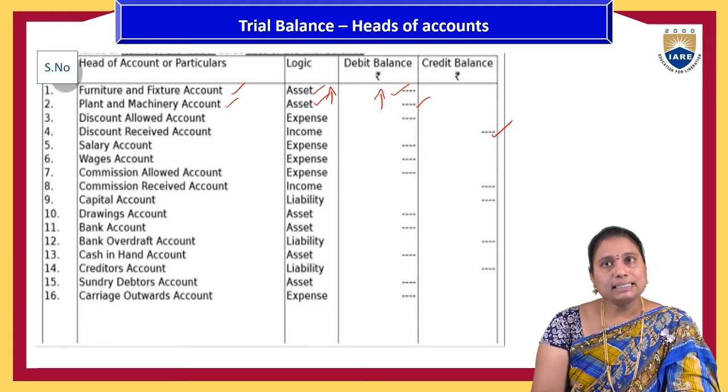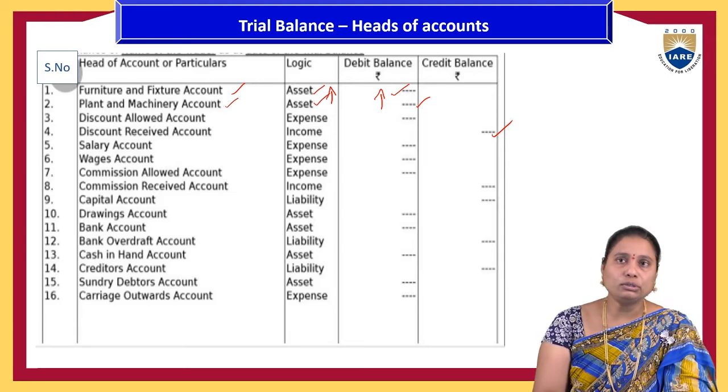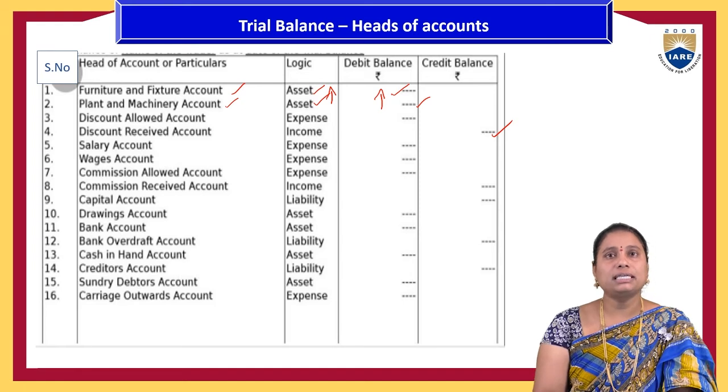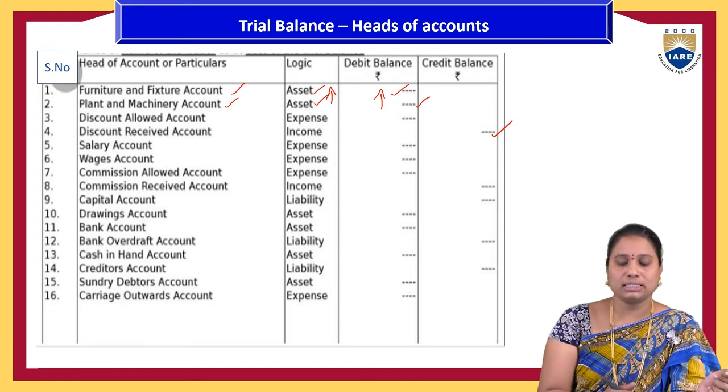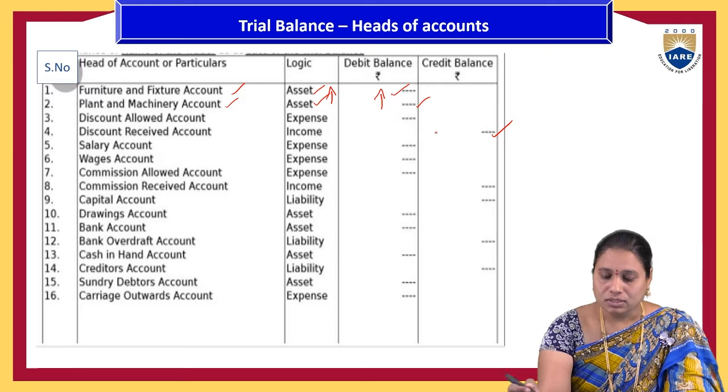So if the expenses increase, credit. If the expenses reduce, again it will be debit. So that is discount received by the organization, means income. I'm sorry,